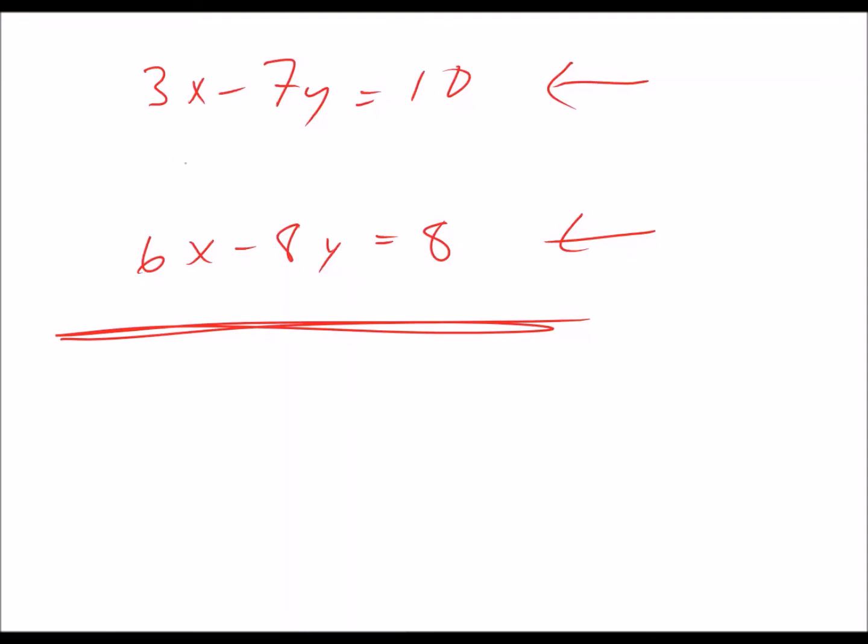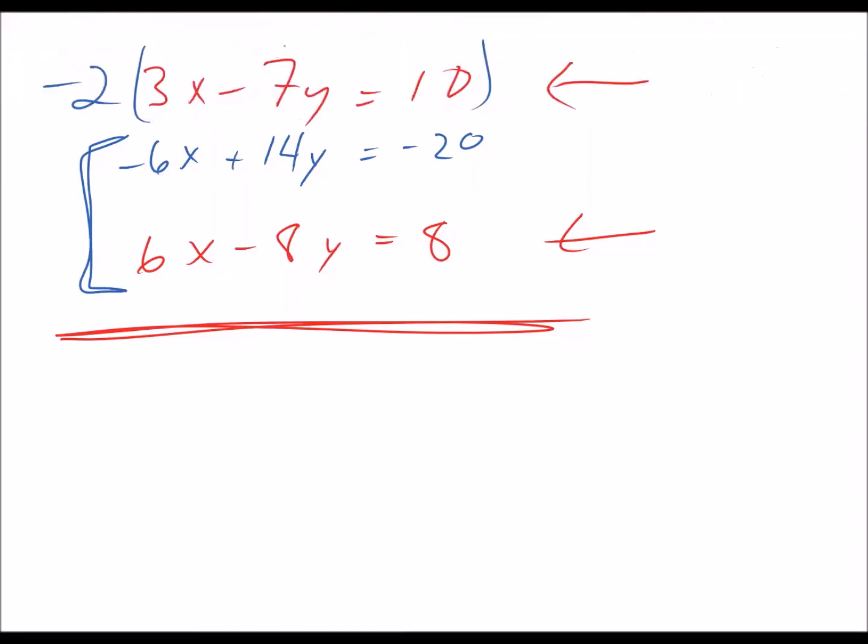I think the easiest way for me to do this is to change this 3x to a negative 6x. And the way I'm going to do that is by multiplying by negative 2. So multiply everything by negative 2. We get negative 6x plus 14y equals negative 20. Now we're going to add these two equations together to get our new equation,